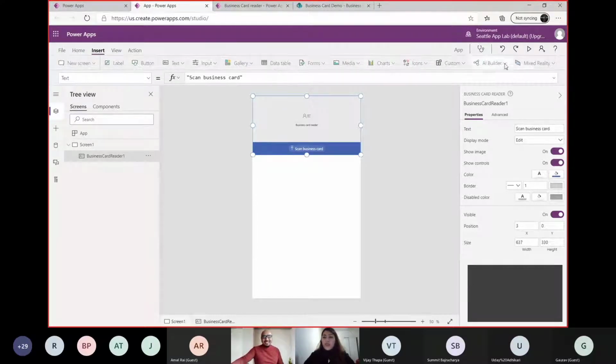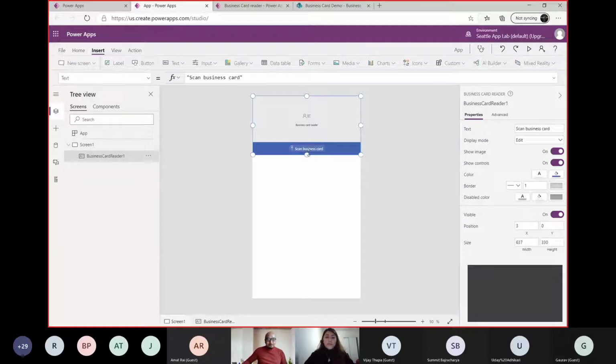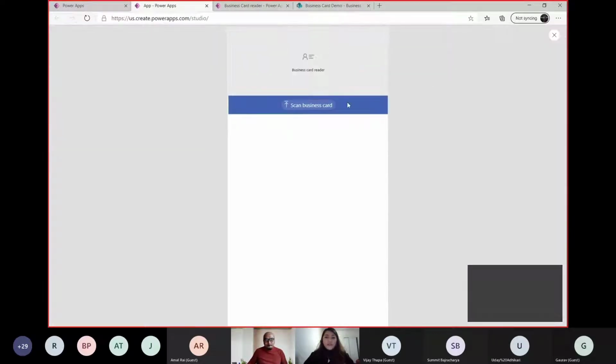The other way you can insert this business card reader is to go to Insert, and then go to AI Builder. There's a list of all the pre-made models. You just select one of them, and you are good to go. So I just selected business card, so I have them, right? So if I go to play